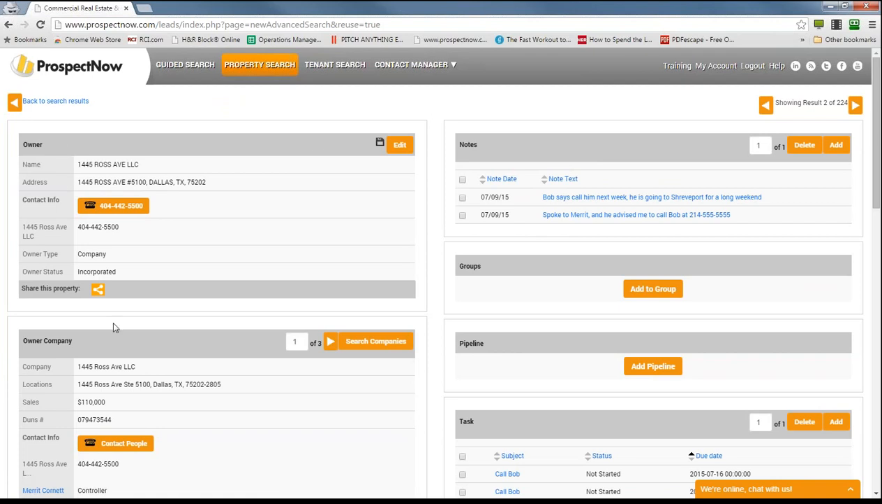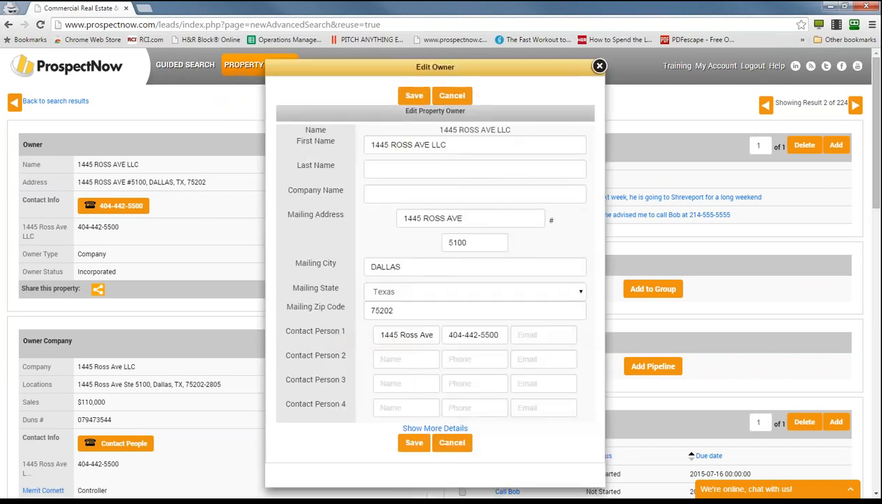So you can see the owner. You can make edits to the ownership of the record. So I can come in here and say, hey, my contact person is not this one, it's actually Bob, right? Bob, and his phone number is 214-555-5555. And so you can actually make some changes here if you come across any changes that need to be